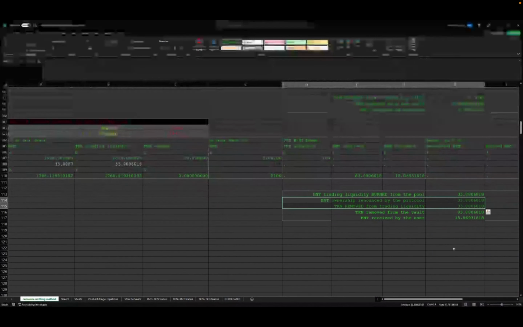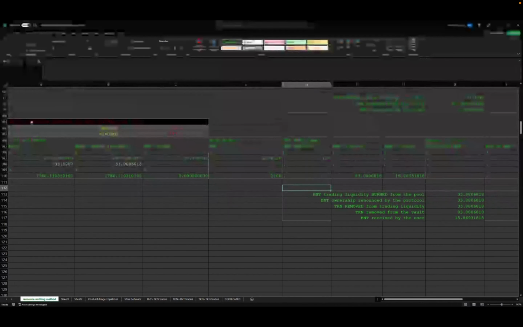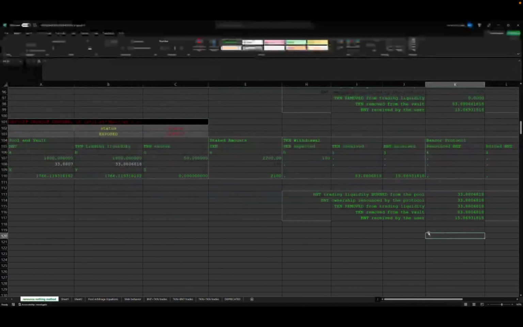The protocol then needs to renounce ownership of that BNT, which means essentially burning its own pool tokens. We know that we need to remove TKN from the trading liquidity, from the vault, and we need to mint BNT and send it to the user. So this is by far the most complicated example, and kind of ties up all of those different